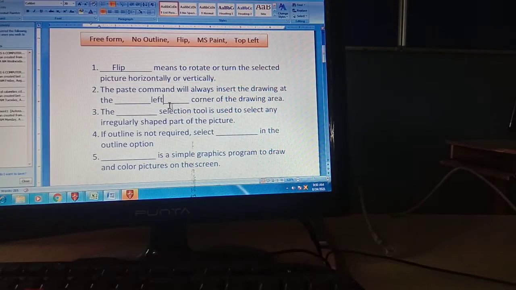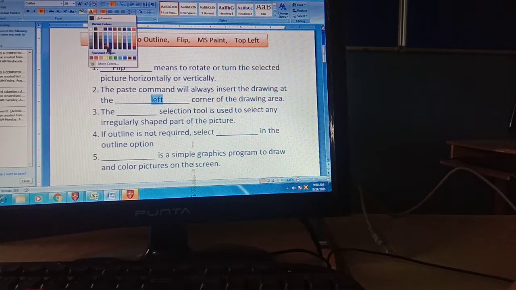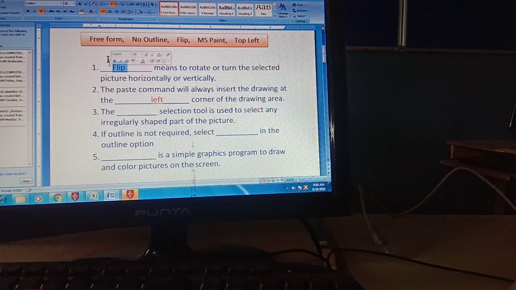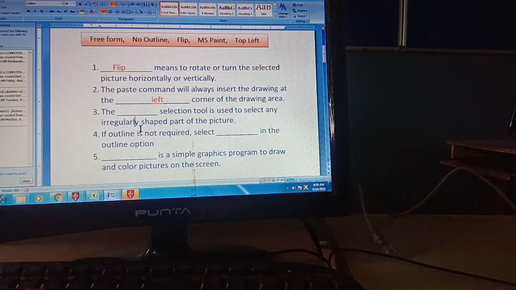Next question is, the dash selection. I'm writing this in red color, so it will be easily visible to everyone. The dash selection tool is used to select any irregularly shaped part of the picture.